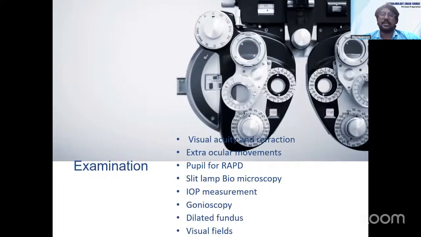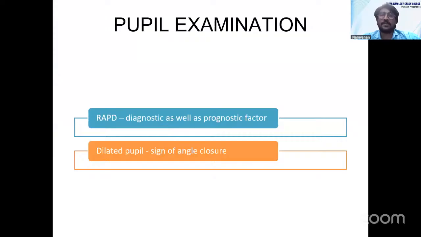As we had seen in the example, always in your examination you have to check visual acuity, the best corrected visual acuity, extraocular movements, pupil, slit lamp biomicroscopy, IOP measurements, gonioscopy, which will all be discussed in detail in each of these tasks. So in a pupil examination, you can look for RAPD, which is also a diagnostic and prognostic factor, look for signs of angle closure,